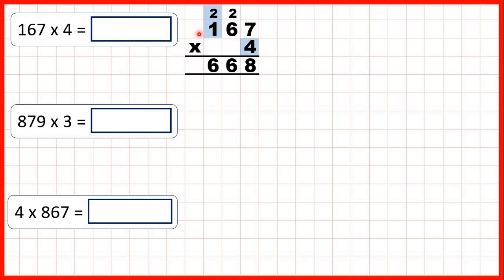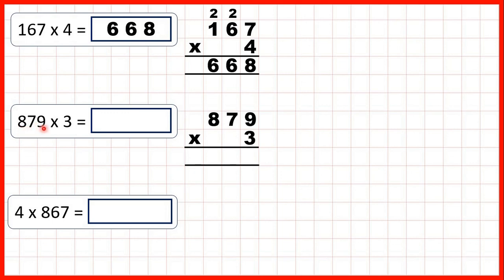Now we don't have anything else to multiply, so we have our answer. That's 668. Now we have 879 times 3, so we can set the question out in the same way, and we start by multiplying our